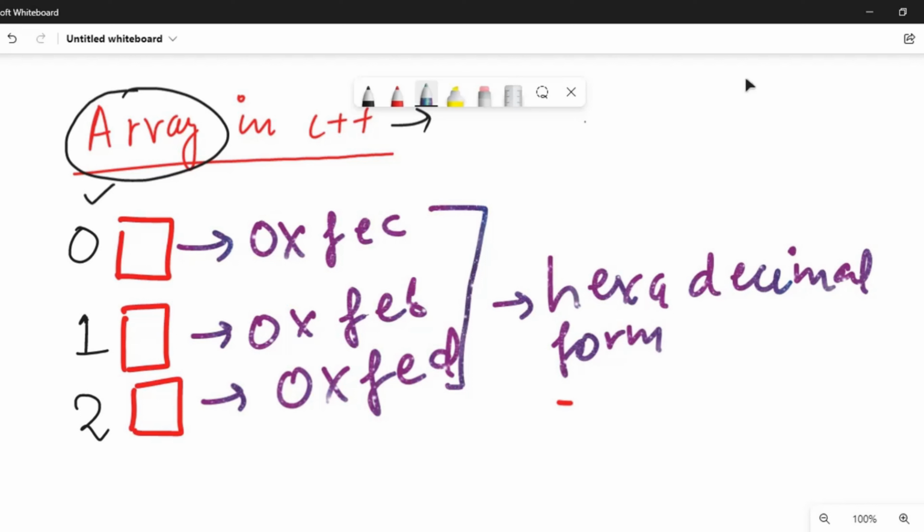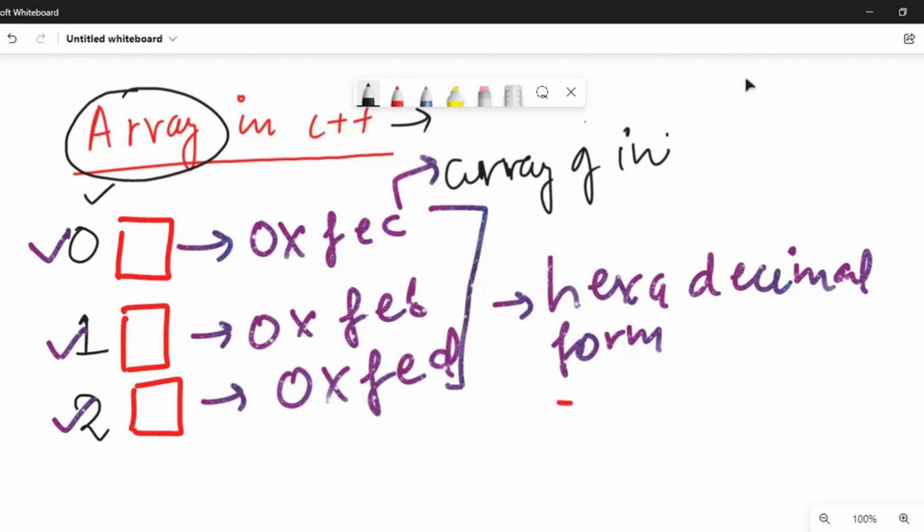So actually the zeroth index, the first index and the second index values are in the continuous memory location, because here we can see that it's an array of integer data type, so the size is 4 bytes.